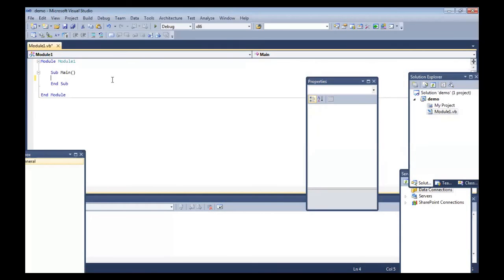Now, for accepting a value, there are different kinds of data, so in VB.NET there are different kinds of data types.